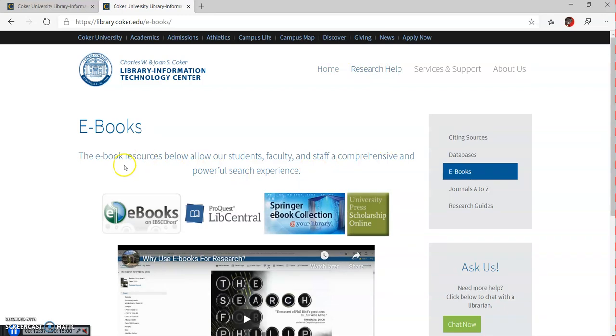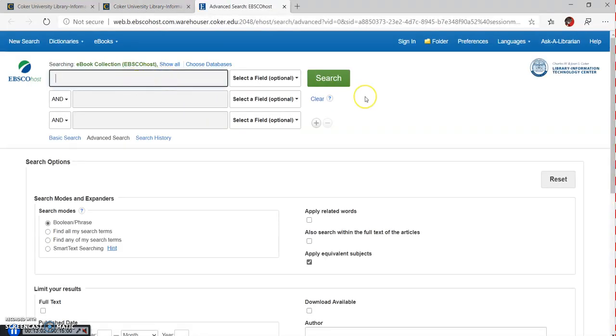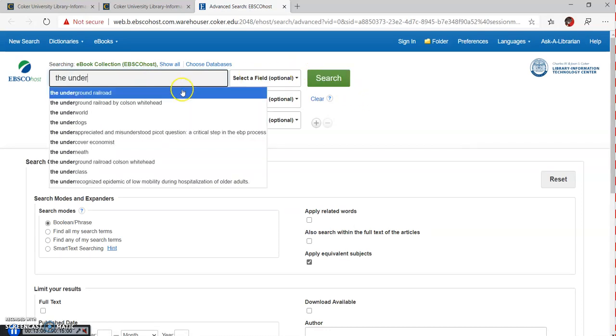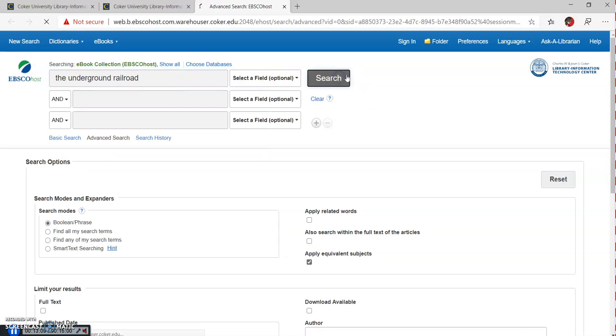The two that we recommend to look at right now are ebooks on EBSCO and ProQuest. Usually ProQuest we don't always recommend using, but right now they have opened their entire collection up because of the pandemic, so that should last, I think, until they need to restrict it. Right now it's definitely through the end of the school year, so I highly recommend looking at that as well. Ebooks from EBSCOhost, again, you search it the exact same way you would search anything else related to EBSCO. Search that,